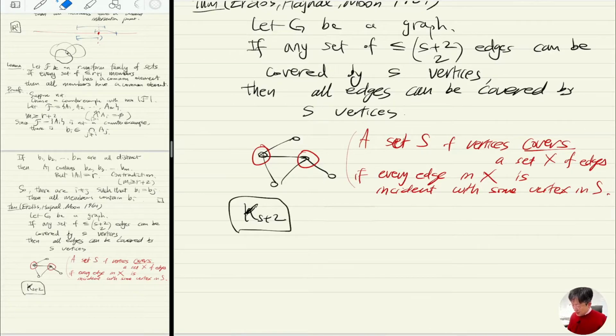The number of edges in this graph is S plus 2 choose 2. That's the number of edges. So if you take any set of S plus 2 choose 2 edges in this graph,